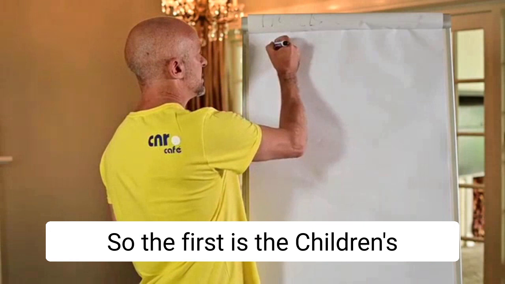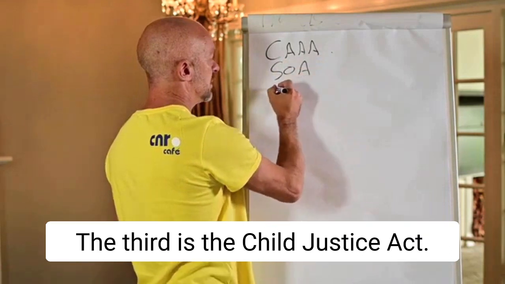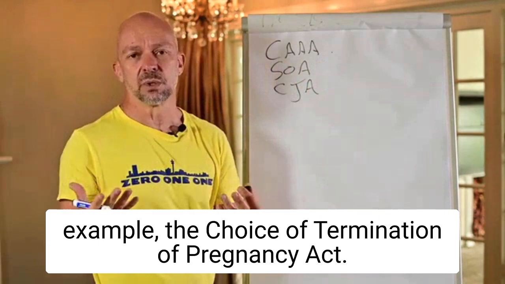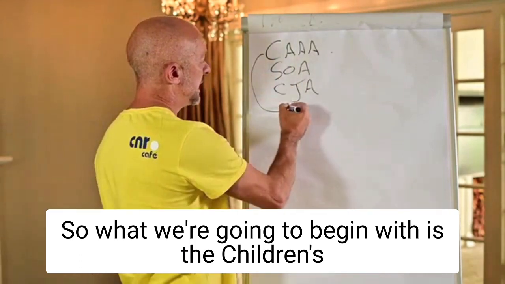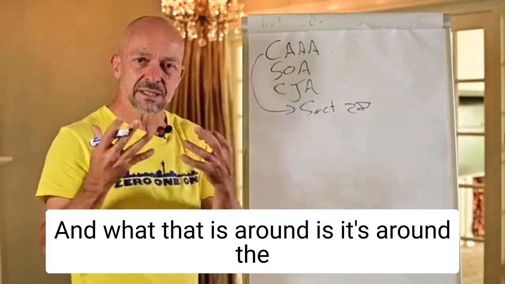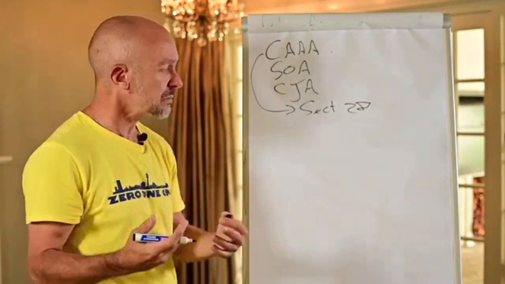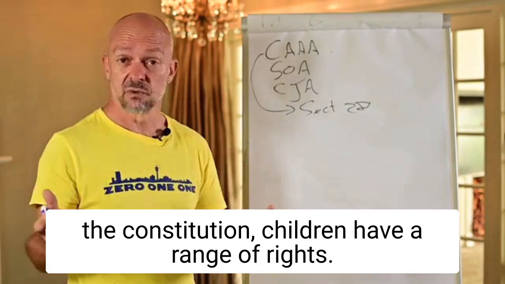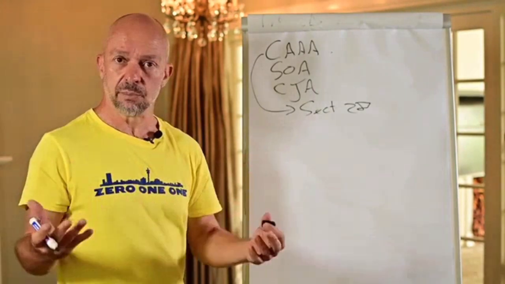So the first is the Children's Act as amended. The second is the Sexual Offences Act. The third is the Child Justice Act, and then there are others that interweave, for example, the Choice on Termination of Pregnancy Act. So what we're going to begin with is the Children's Act in terms of Section 28 of the Constitution, and what that is around is the protection of children in a variety of contexts. So if we go to Section 28 of the Constitution, children have a range of rights, and everybody who works with children should be aware of Section 28 and should have it up in places where they teach,